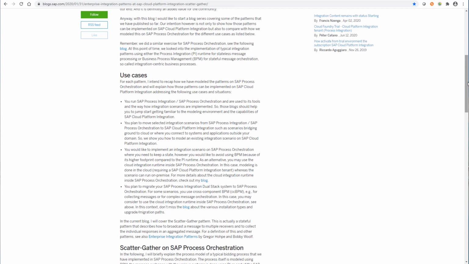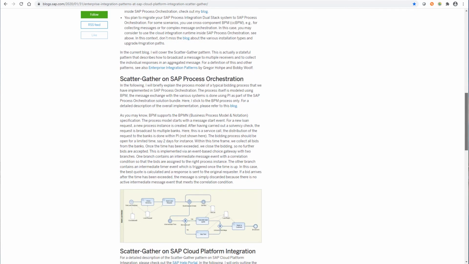And the last use case is here, assuming you plan to migrate from a process integration toolset system to process orchestration, and you might have cross-component BPM processes. So there is an option to, instead of using BPM on process orchestration, you might then use the cloud integration runtime. So if I scroll down, for each of the different patterns,